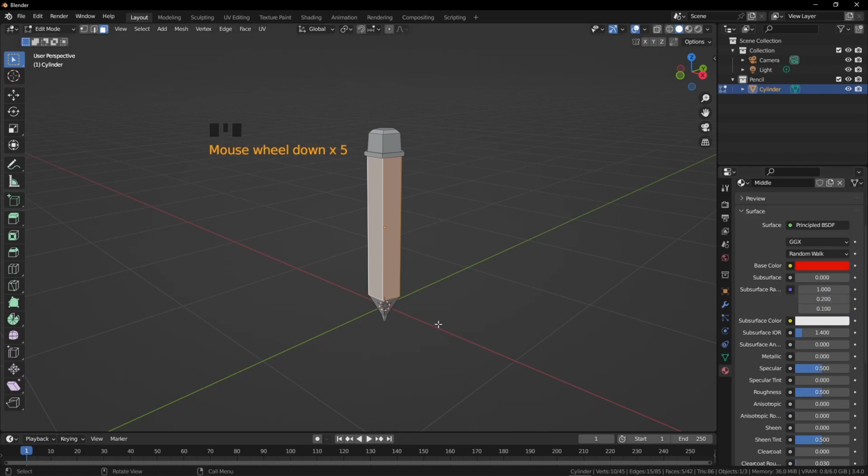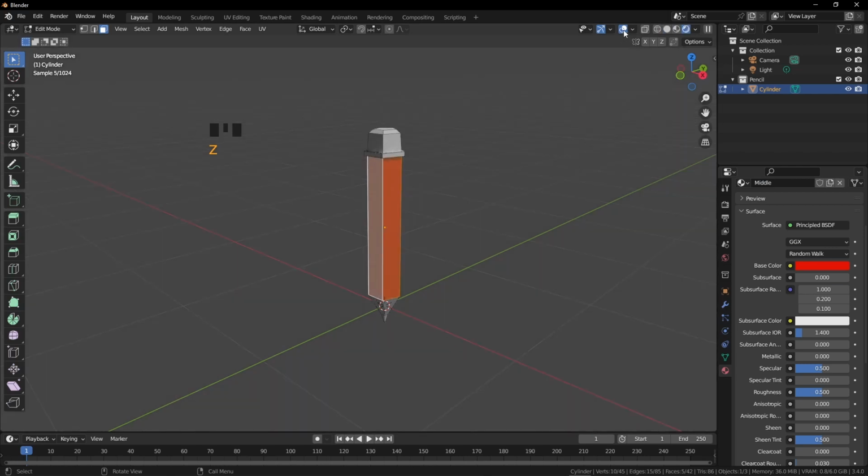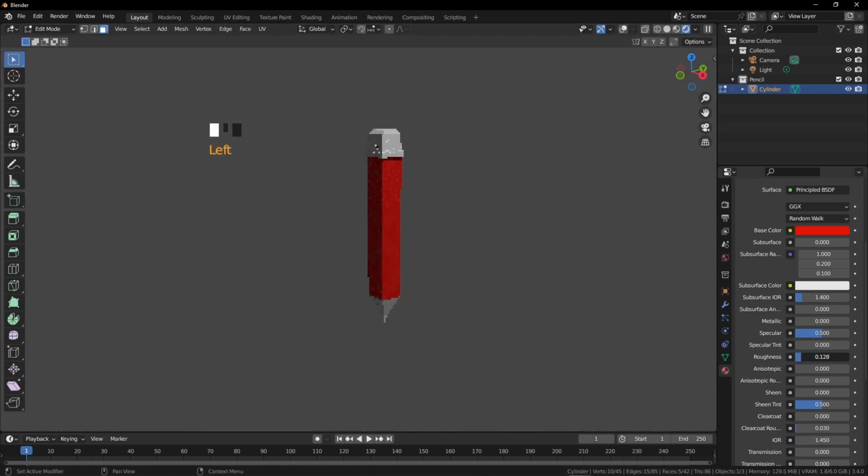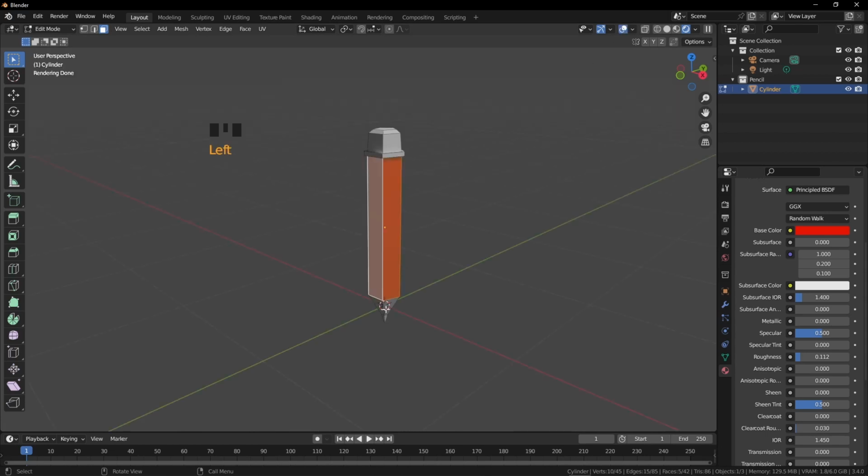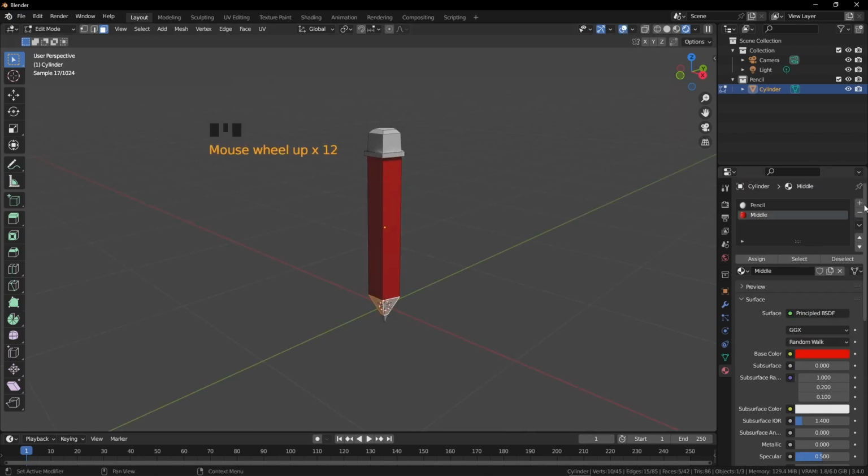Let me see it in the rendered view. Z and go to rendered. Disable the overlays for a moment. I'm just decreasing the roughness. Okay, now enable the overlays and by holding Alt, select this part, create a new material for this same pencil,